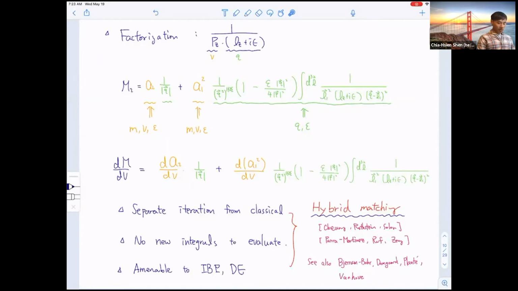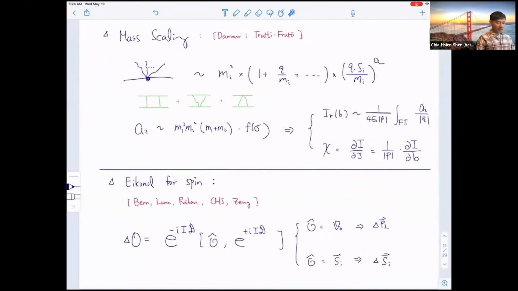And by this way of organization, it's really a hybrid between the two methods: the original non-relativistic method by Chia-Hsien and Long, where you don't have to evaluate these divergent integrals, and the modular integration method, where you can compute the full thing, but you have to do all these divergent integrals. Using this method, we can take advantage of both methods. And there's also a very similar pursuit in a recent paper, as we learned yesterday.